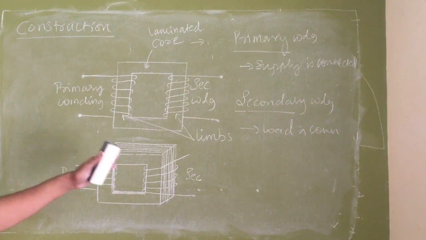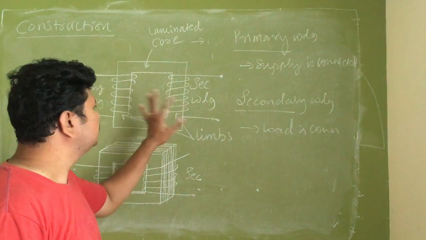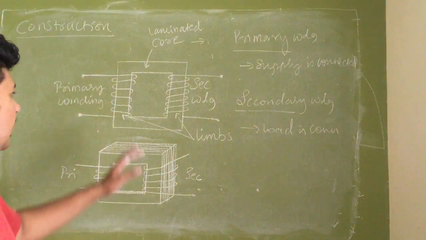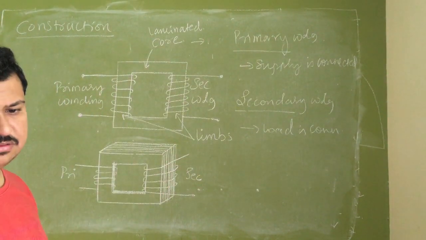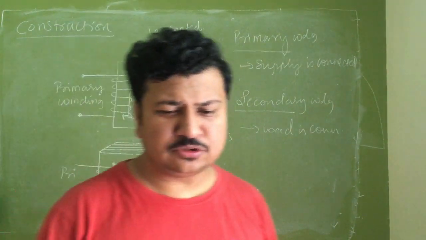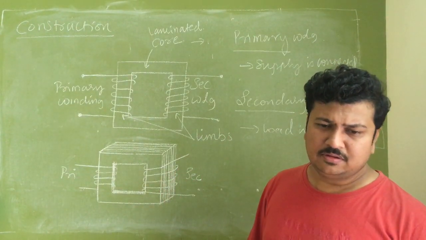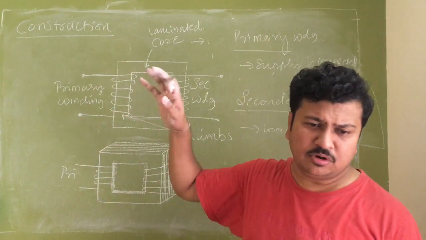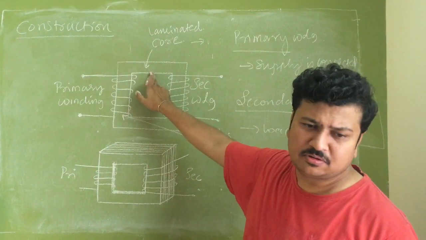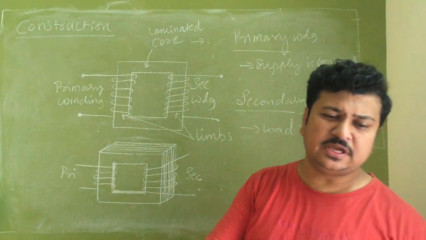So winding is kept on the core. Now what if I don't use a core? If I keep only these two windings near each other, then also transformer action takes place, but the linking from primary to secondary is very weak. The core is the medium which links the primary flux to the secondary flux to a large extent. I do not say completely, but at least more than 95% of the flux created in the primary is linked to the secondary through this magnetic core. If I don't use this magnetic core, not even 50% linkage is guaranteed.